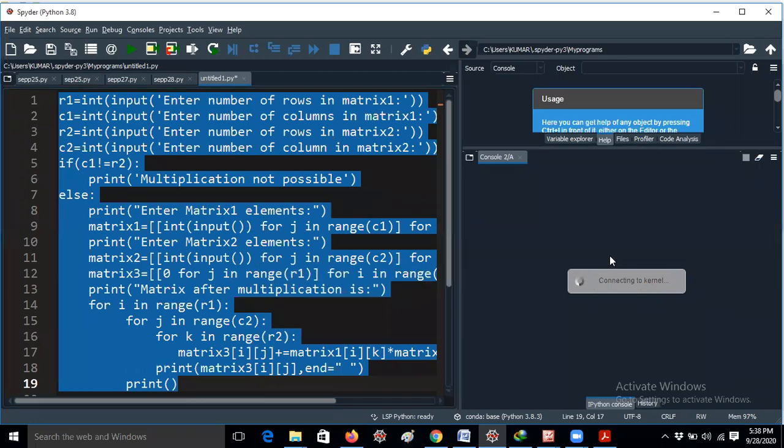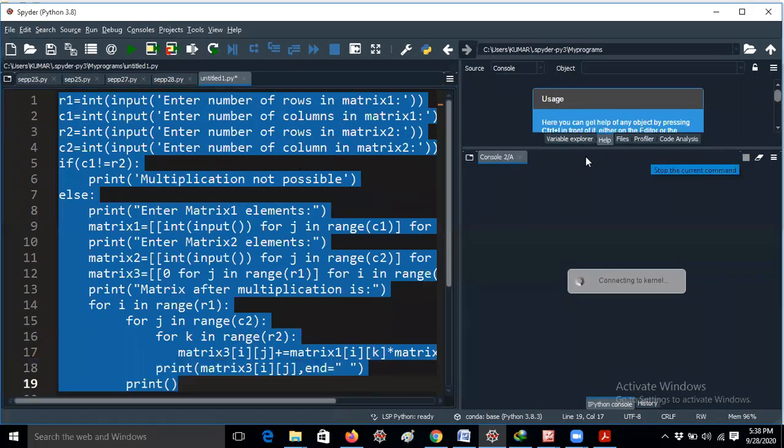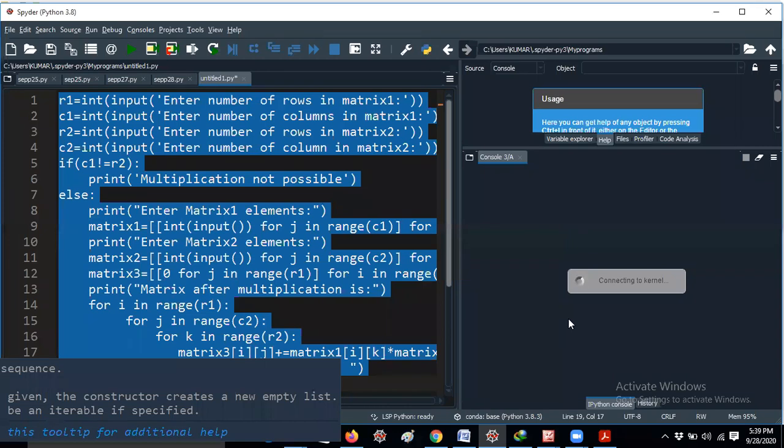Please wait, guys. Spyder does not require internet, right?